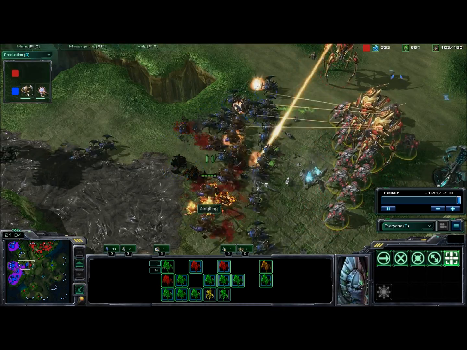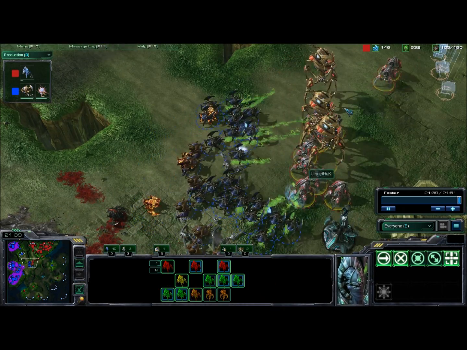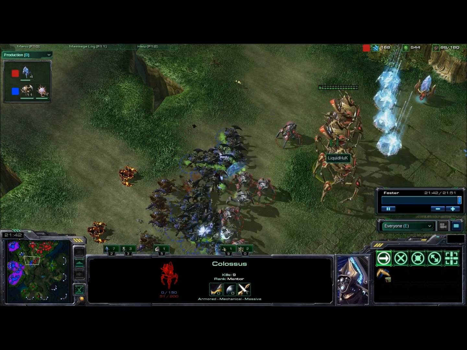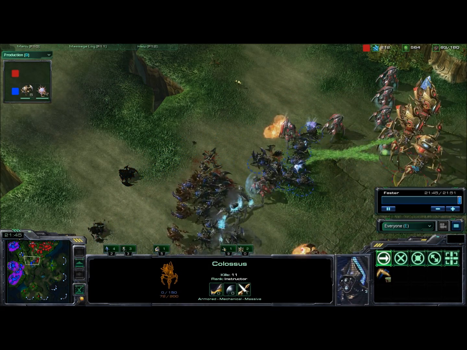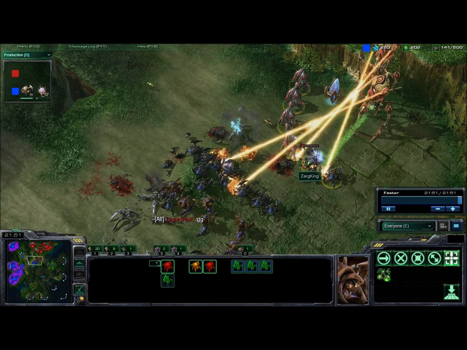Looks about like the same battle as before, a couple corruptors. It looks like Huk has to back off from this. There's just too many roaches and hydras. He needs to back off a little bit faster, get those colossi back before they get destroyed. There's one really low health, no shields on this one. This one's getting pretty low as he warps in more stalkers, but there's just too many roaches and hydras,